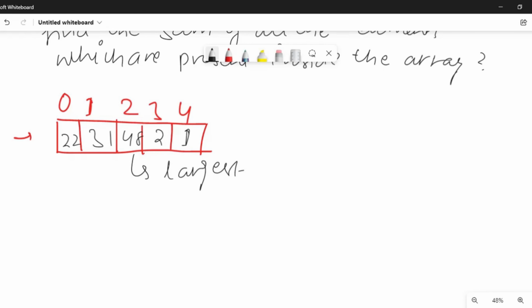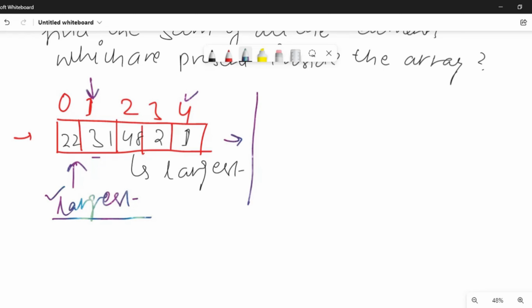So how can I achieve it with the help of code? I'm just giving you a hint. You can take explicitly that the first element is the largest. After that, you iterate the loop and check with this value: if the next position has a larger value than what we have assumed, just replace the value, do the same thing till the last one, and then print the value.